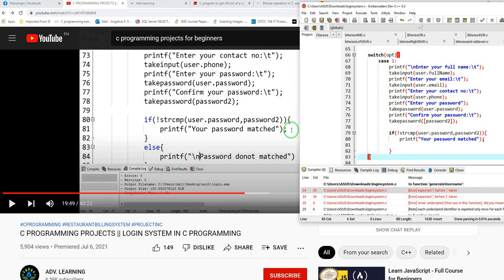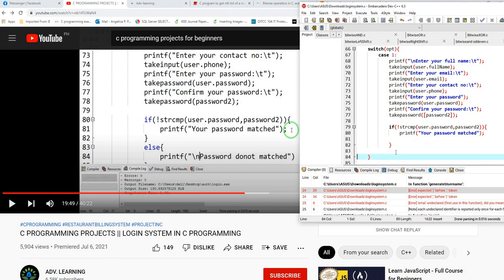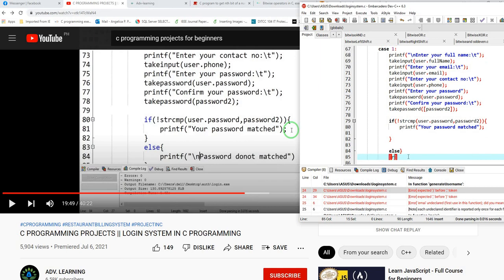After nung else, okay, else tapos printf